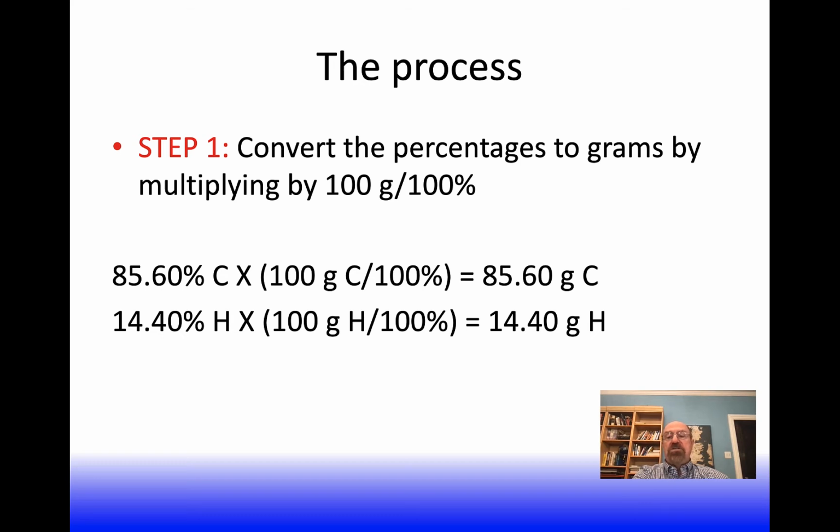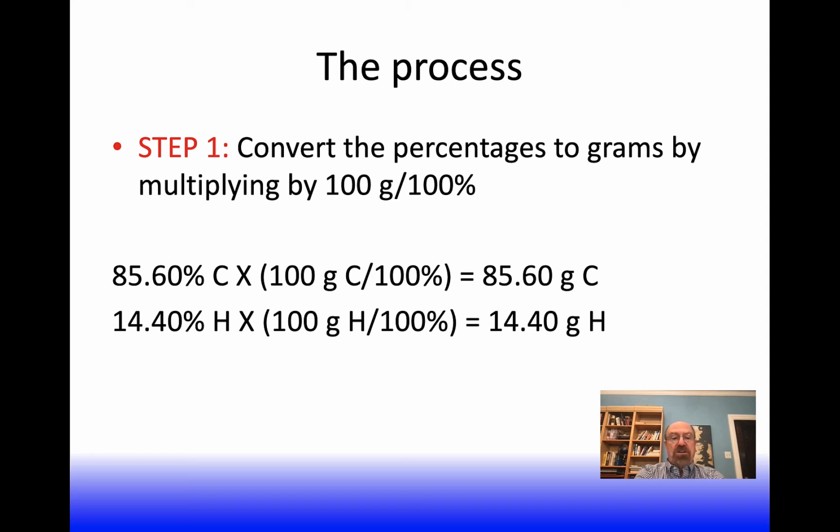If you've got the percentages already, it makes sense. Now I want you to think about that. Suppose you have 100 grams of a compound. Doesn't 85.6 and 14.4 add up to 100? If you had 14.4 grams of hydrogen over 100 grams of compound, wouldn't it be 14.4% hydrogen? Yes, it would. Now, the very first box you fill in, you should put in 85.6 grams of carbon and 14.4 grams of hydrogen. So the first step is just to basically get rid of the percent symbol and add a gram symbol